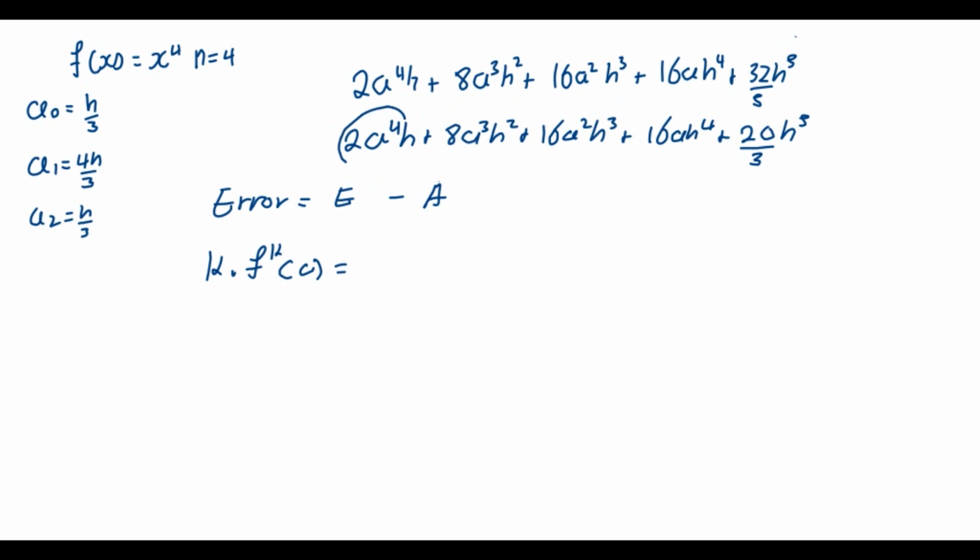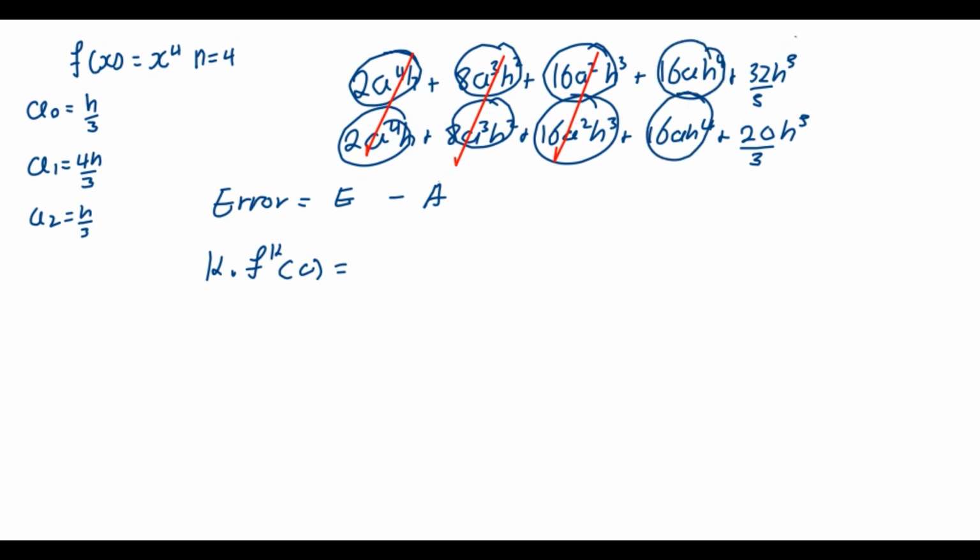So this one minus this one, that would be 0, right? 0 there. Then this one minus this one, you also get a 0. This one minus this one, you end up with a 0. This one minus this one, you also end up with a 0. Unless for the last part we have 32 over 5 times h to the power 5